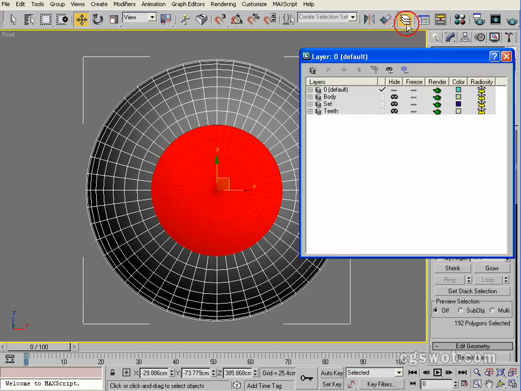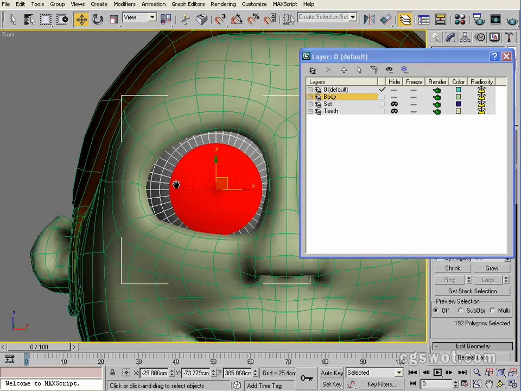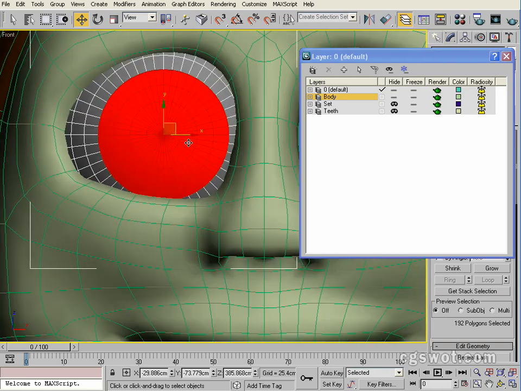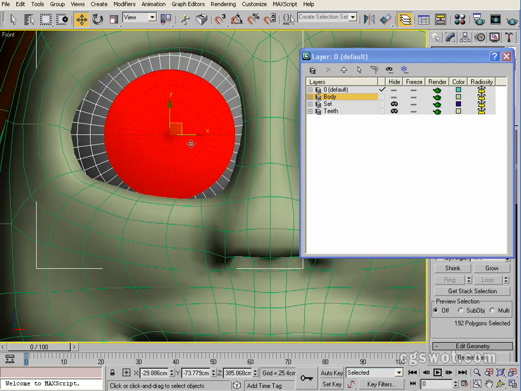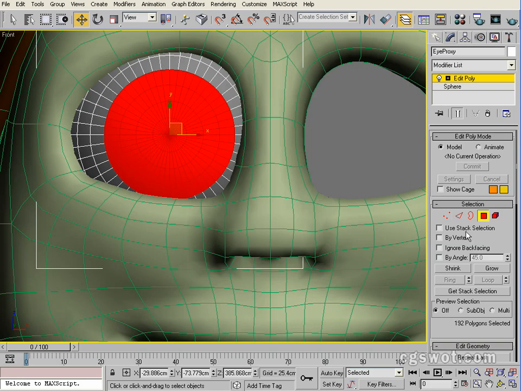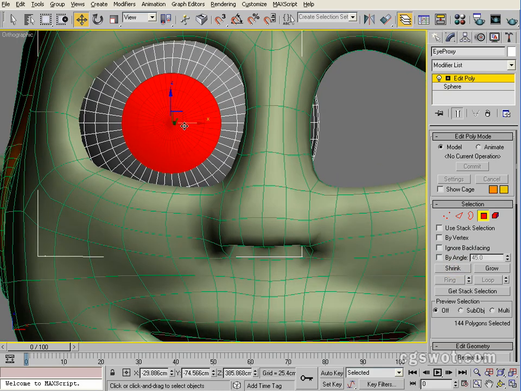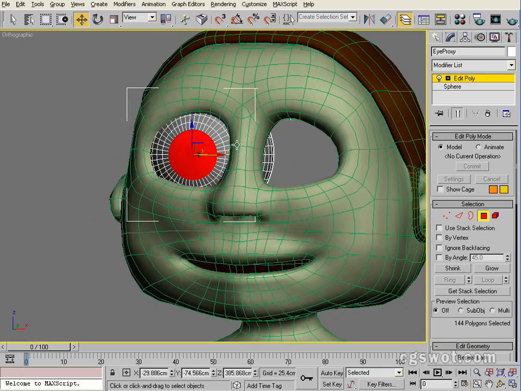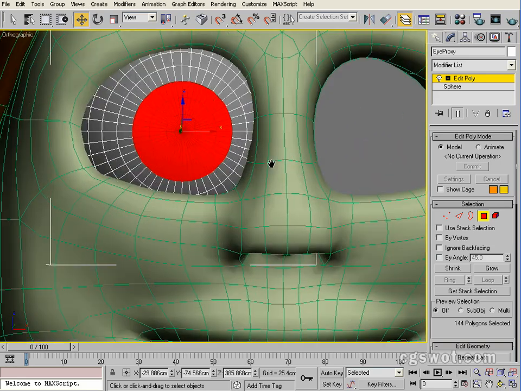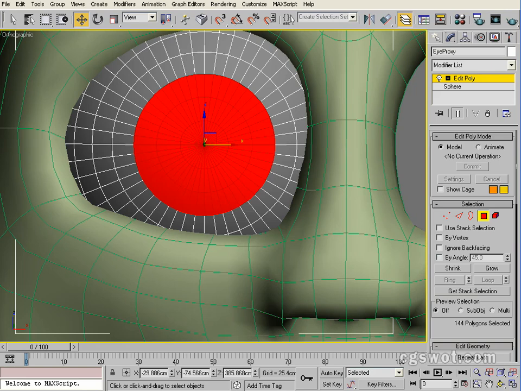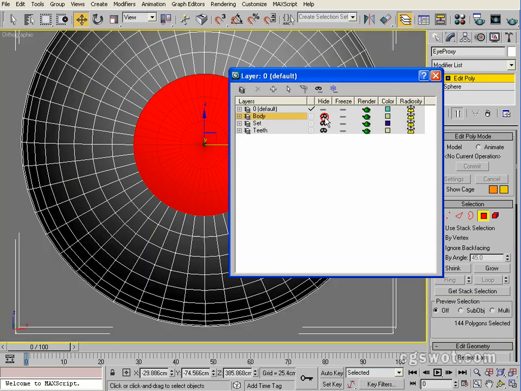Now we're just going to bring up our layer manager, unhide the body, we just want to check the size. And as I suspected, we have gone a little bit too big on that iris size. So we're just going to come down on the size, and we're going to do that by using the shrink button, and that's the size that we're going to go for this character. He's a very cutesy child character, so he's going to have nice big eyes. It's going to bring a lot more cuteness to the character. And we can hide our body again,